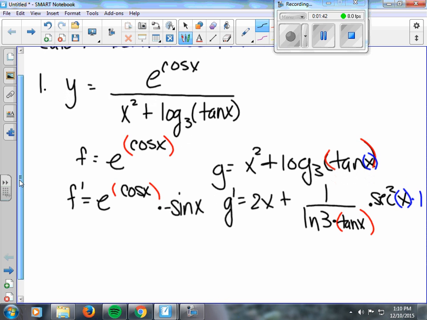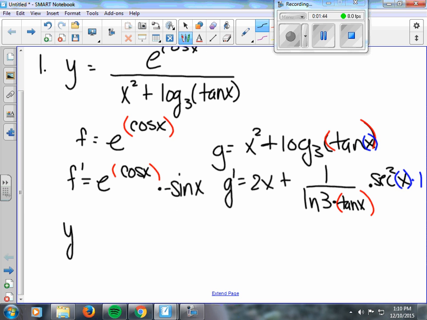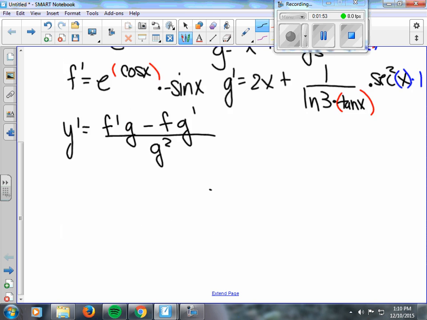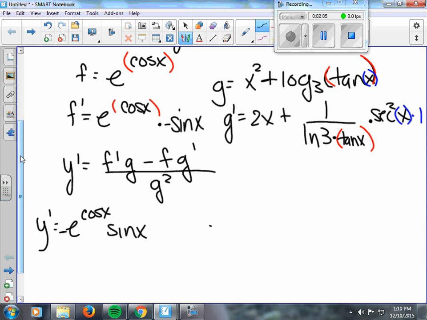Now let's use our quotient rule. So y prime will be f prime g minus fg prime divided by g squared, and I'm simply going to fill in there. So I get e to the cosine of x. I'm going to put the negative in the front. Negative e to the cosine of x, sine of x, and I'm going to have to put this one in parentheses, x squared plus the log base 3 of the tan of x,